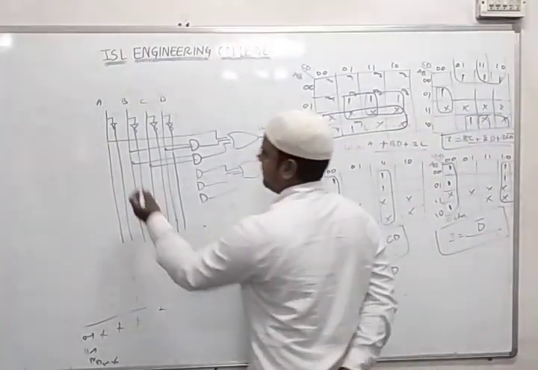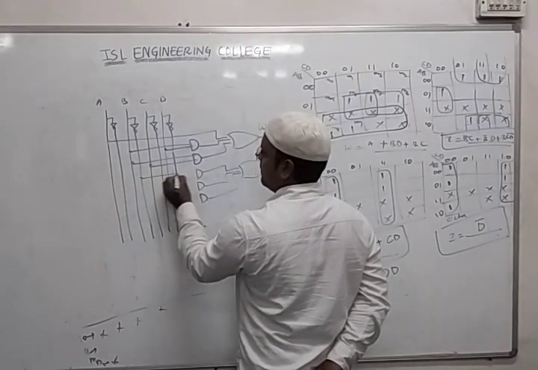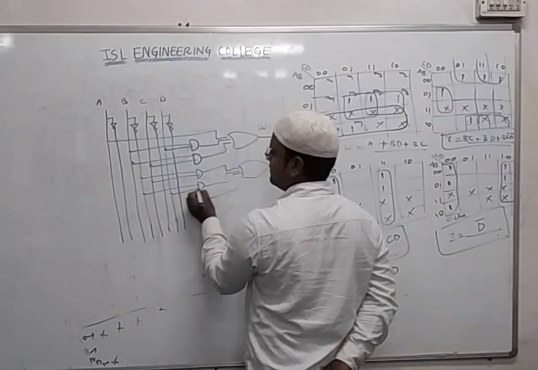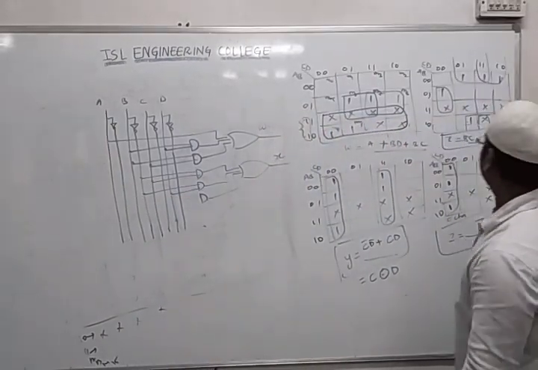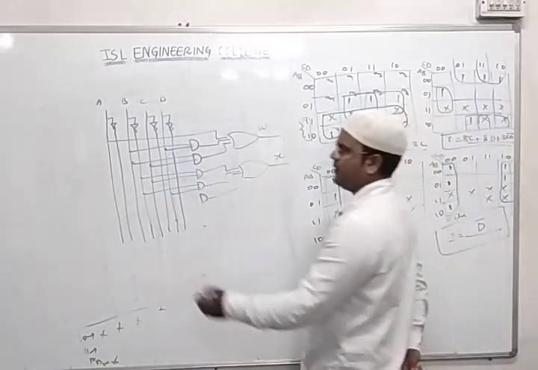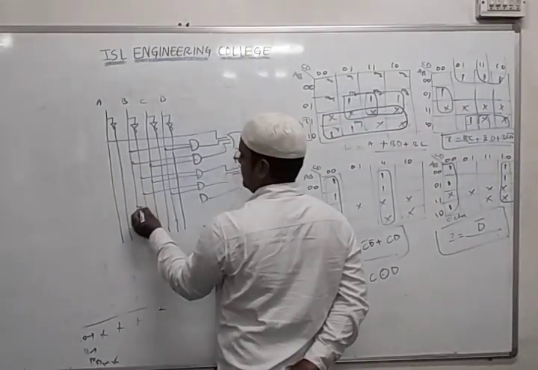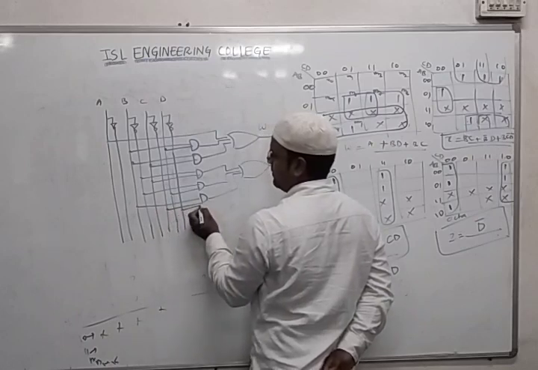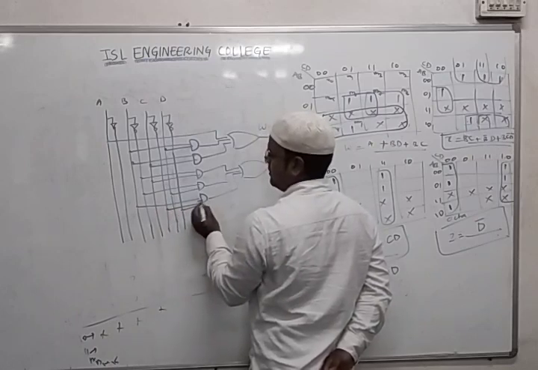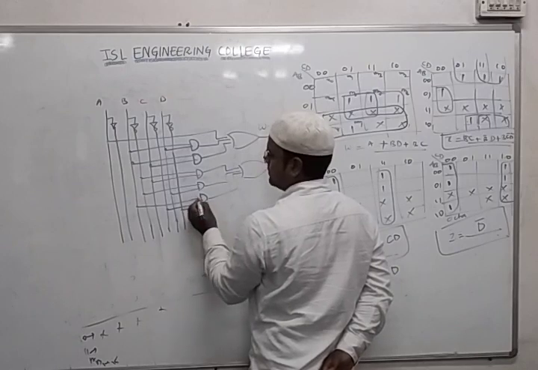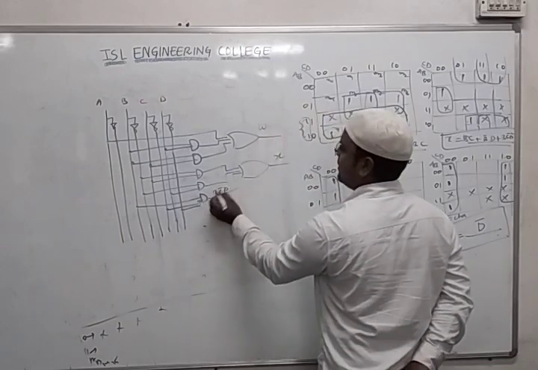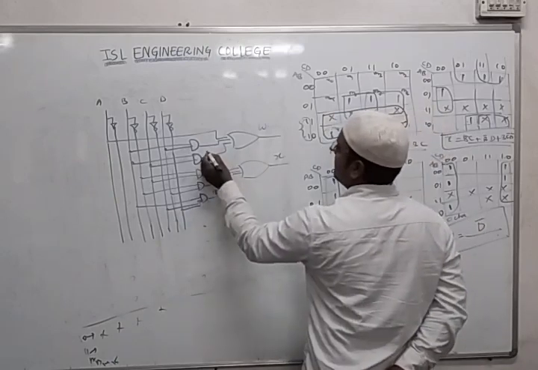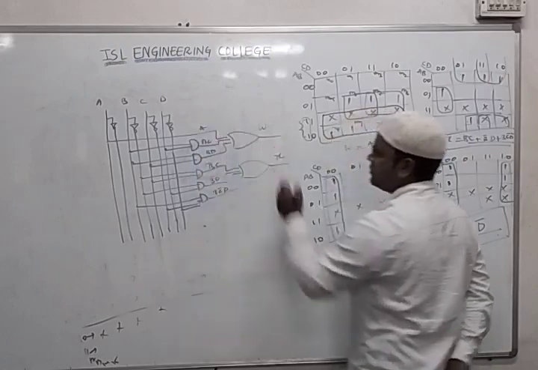So here we have B bar, C. Then B bar, D. Next B, C bar, D bar. So again I took B, then C bar and D bar. This is B bar and D bar. Okay, so this is B, C bar, D bar, this is B bar D, this is B bar C. Now BD and BC, this is your A. So we wrote 2 values.